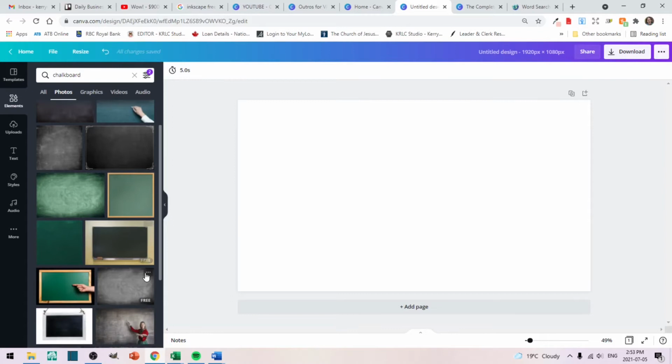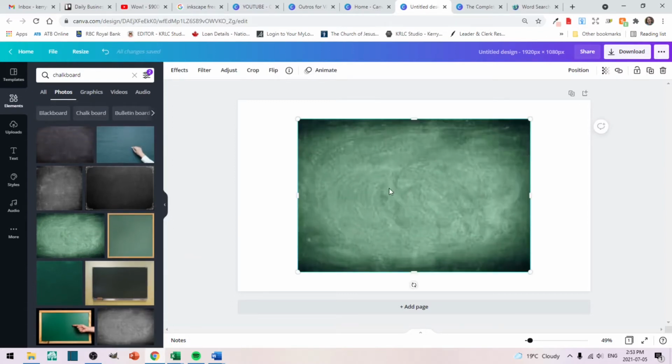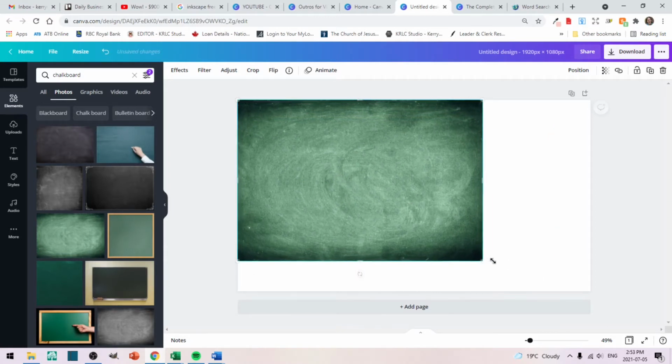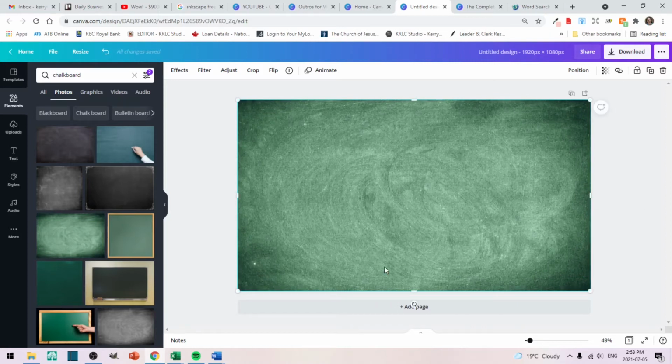So I think I've chosen that one, but for this purpose, I will choose the green and then just slide it around. Click and slide. There we go. And like I said, you can use any background that you wish. So before I